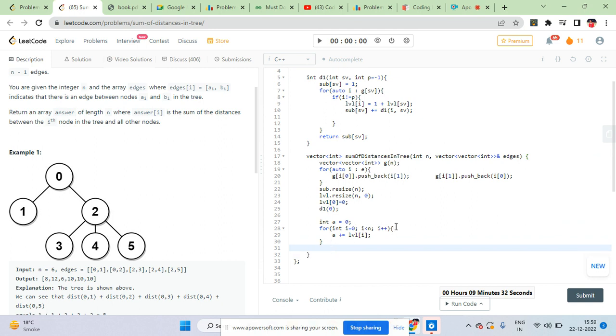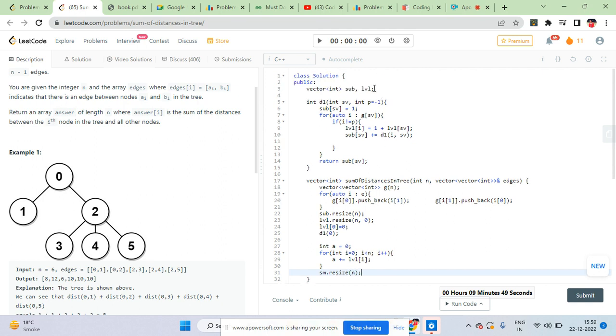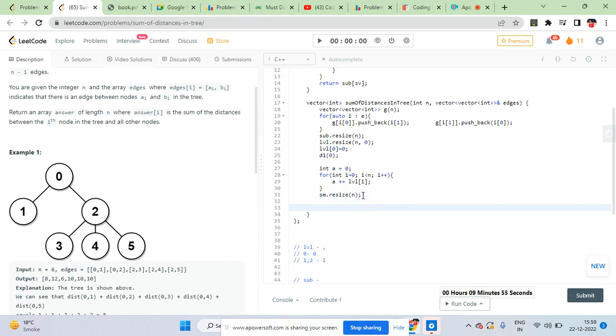अब इसके बाद हमें क्या करना है, अब हमें कॉल करना है किस पे, और बेसिकली, हाँ ठीक है, एक सम बना सकते हैं, सम को रिसाइज करेंगे हम एन से, ठीक है. और सम हम बनाएंगे ऊपर यहाँ पे, ये सब मेरा फाइनल आंसर वेक्टर है जो मैं रिटर्न करने वाला हूँ लास्ट में, ठीक है। बट उससे पहले मेरे को इसके अंदर सबका सम स्टोर भी तो करना पड़ेगा। जीरो का सम मेरे पास आ गया है, तो सम ऑफ जीरो लिख दूं मैं। जीरो इज इक्वल टू ए,